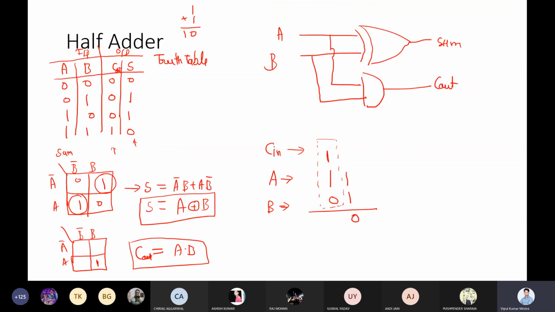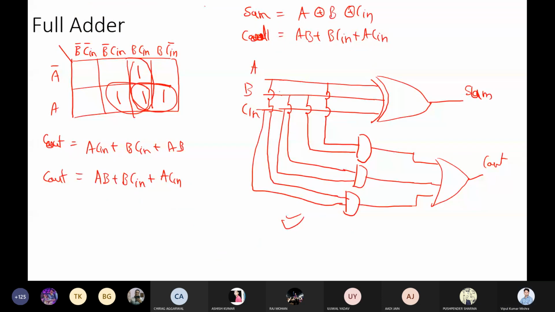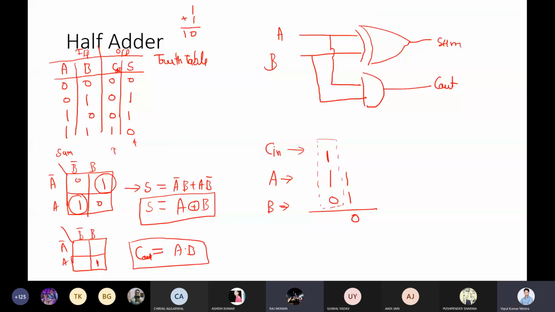Can anyone tell why this is a full adder? We are making a pair in this case, and in the half adder we are just taking a singleton. Just check the inputs.